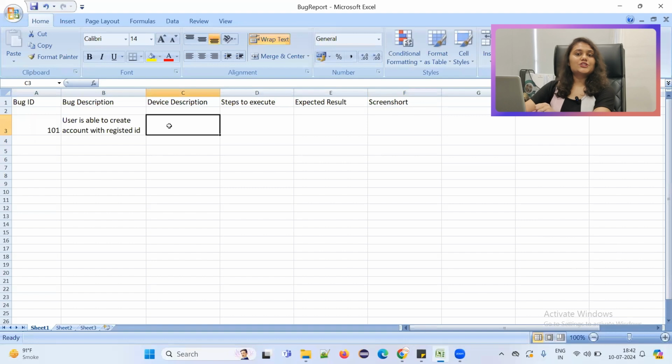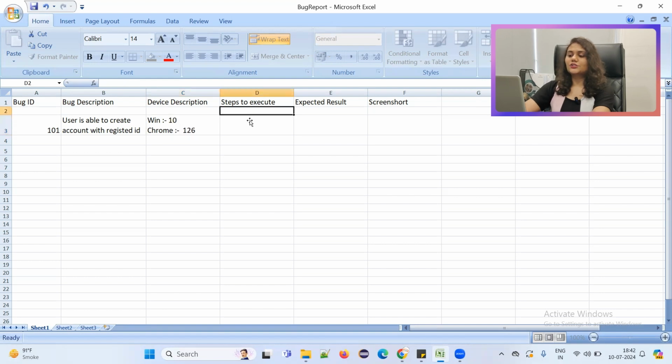Then here you have to mention the device description. Suppose I have mentioned Windows 10, Chrome 126. So this is how I mention the operating system, browser and its version.